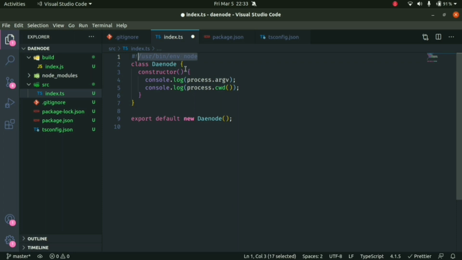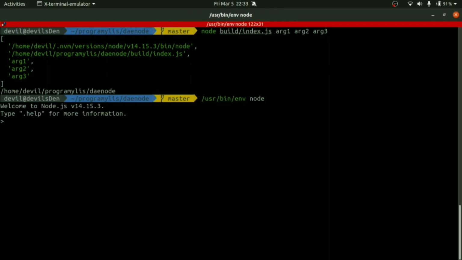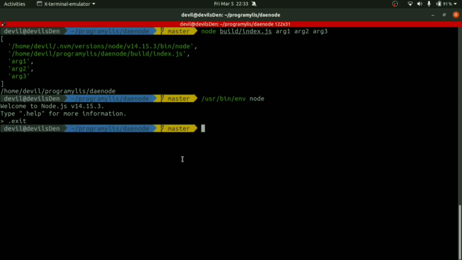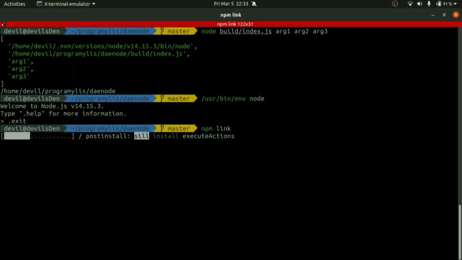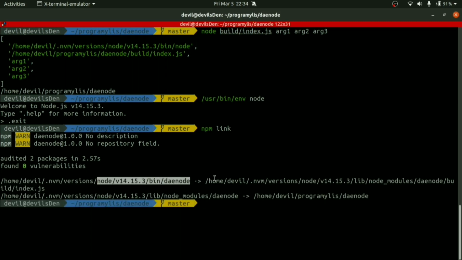Now we can copy this and run it in our terminal also to see if we are being redirected to node or not. So here you can see that we have been redirected to our node. So now I can type .exit and exit it. Now how can I run it? If I normally do dnode right now, it won't run. So first, I'll link it to the global node folder, which means it will create a shortcut or a symlink in the global node folder to this project. You can see that this is my global node folder, and here a shortcut has been created. So we can say dnode